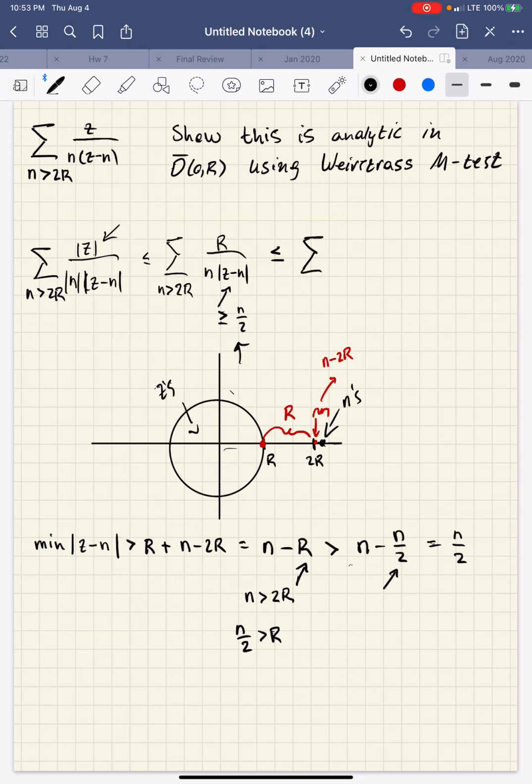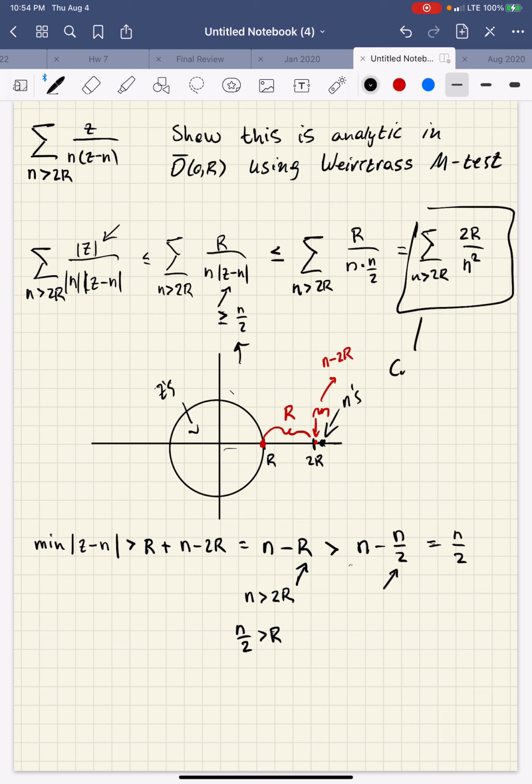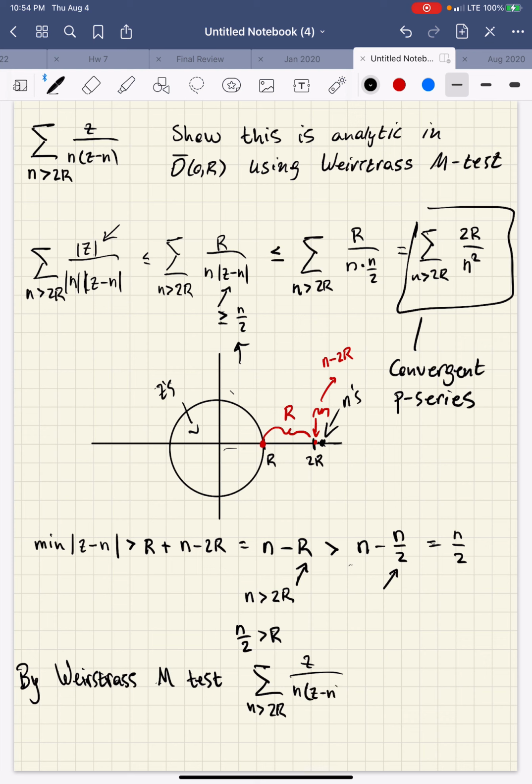So then we can rewrite this as the sum over n greater than 2r of r over n times n over 2, which is the sum over n greater than 2r of 2r over n squared. Great. So what's true about this? Well, this is a convergent p-series. So by Weierstrass M-test, we know that this sum over n greater than 2r of z over n times z minus n converges uniformly